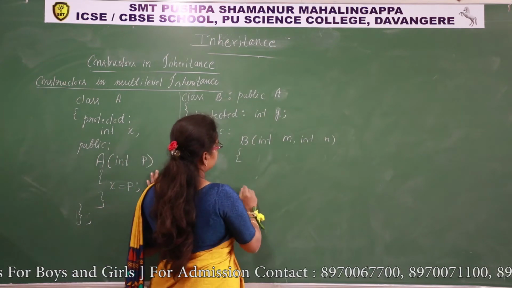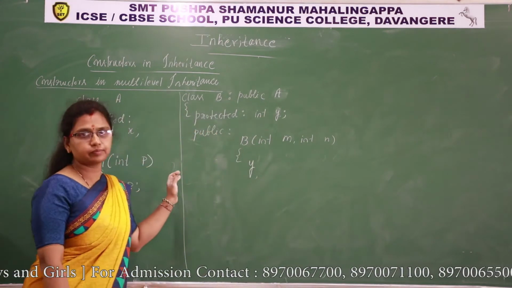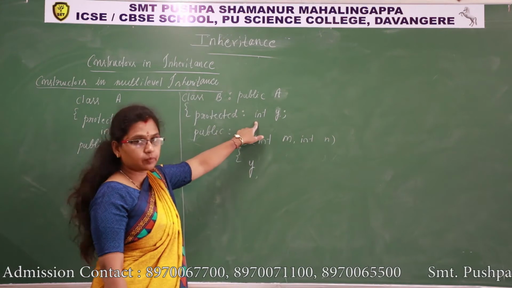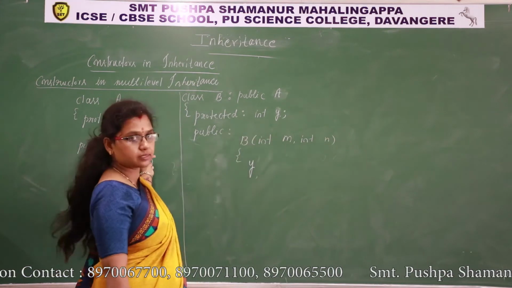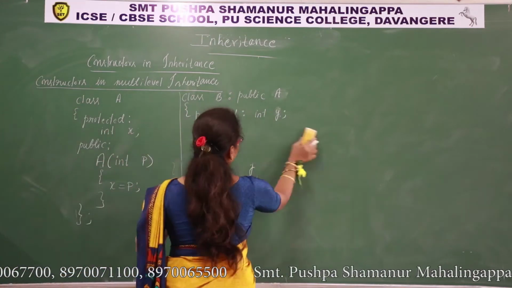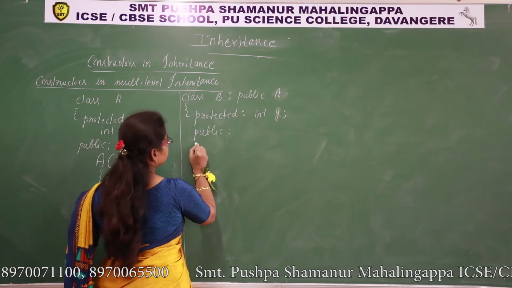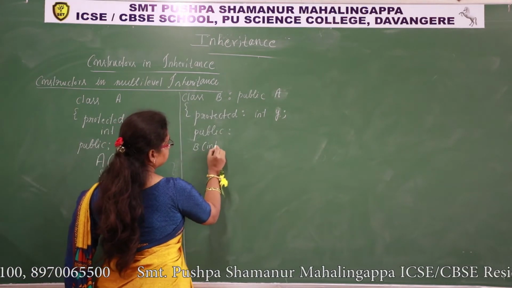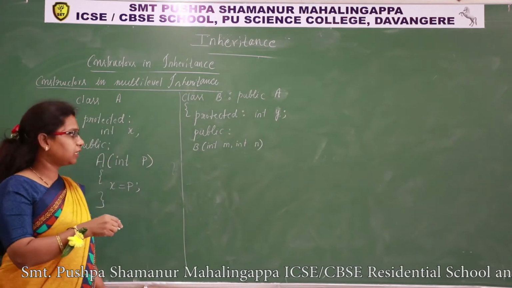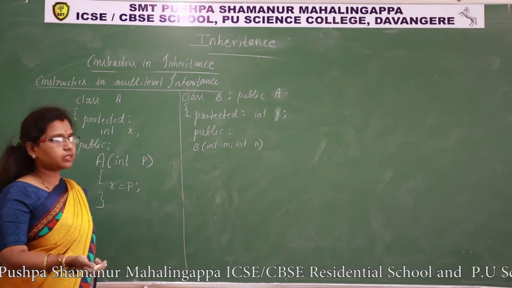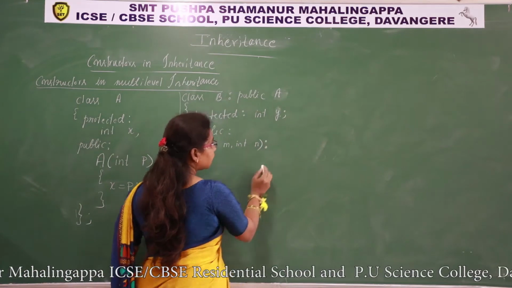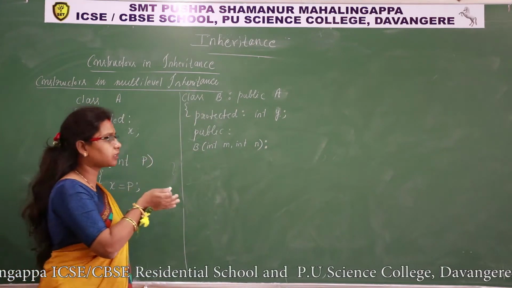Now I have taken two formal arguments here, two parameters. One for its data member and another for its parent class. Here I must write, and write from here so that I can have space. Among these two parameters, whichever you want to pass to its base class, you can choose that. Colon, this is the way to pass an initial value to its parent class constructor.